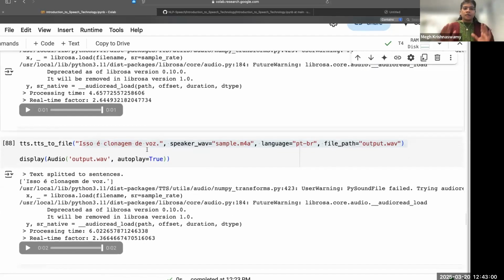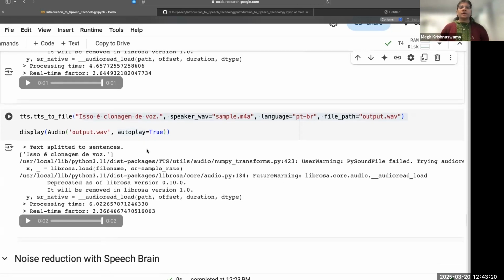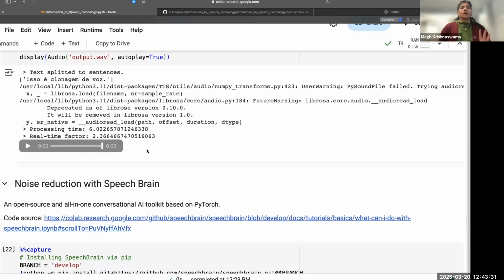Okay, so in this example, the sample voice is speaking in English. And when we change the language, we find that because the model that I selected is multilingual, it's able to use the same voice and get it to speak Brazilian Portuguese. So again, the sample audio is essentially giving us some voice characteristics of a person. And it's the text-to-speech system that's doing most of the heavy work. Okay. Now, after